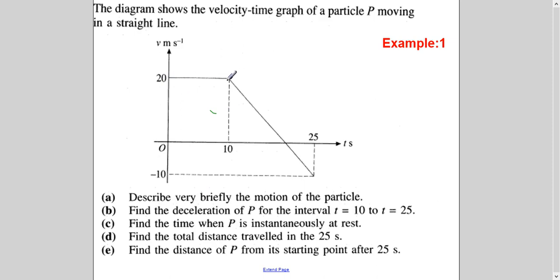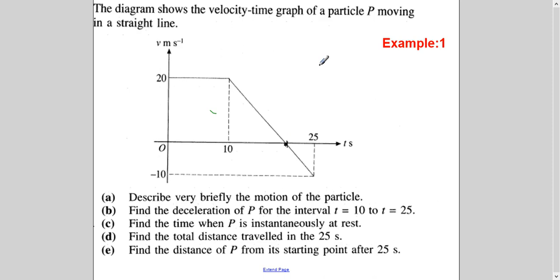And then velocity was decreasing for whatever time this is. Or if you have to explain for 10 to 25 seconds, it is negative acceleration, right? Now, what does it mean by this portion and what does it mean by this portion? I will tell you how to calculate this time because it is a part of the question here, when the particle is instantaneously at rest. Because here you can see velocity is 0 at this point, right? So that is the time when the object took a turn.